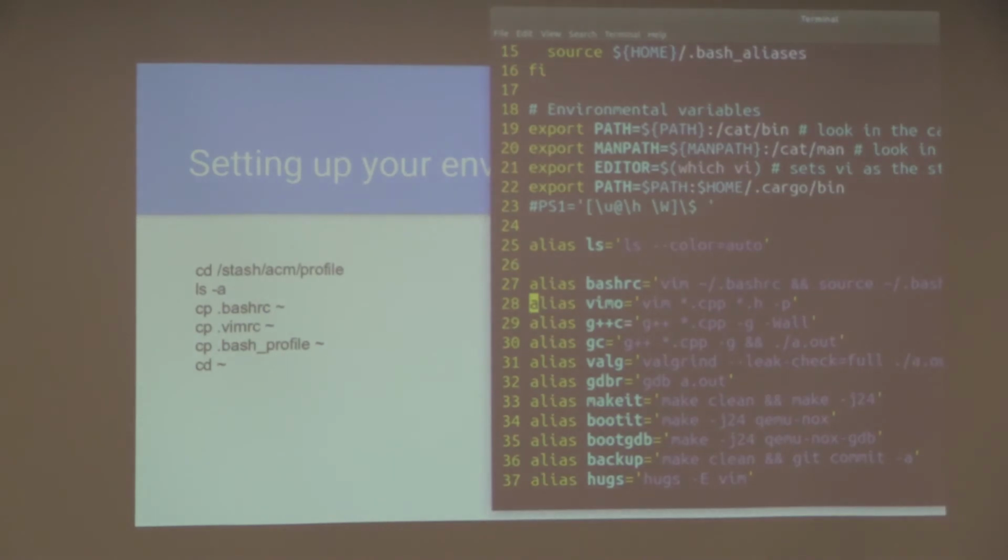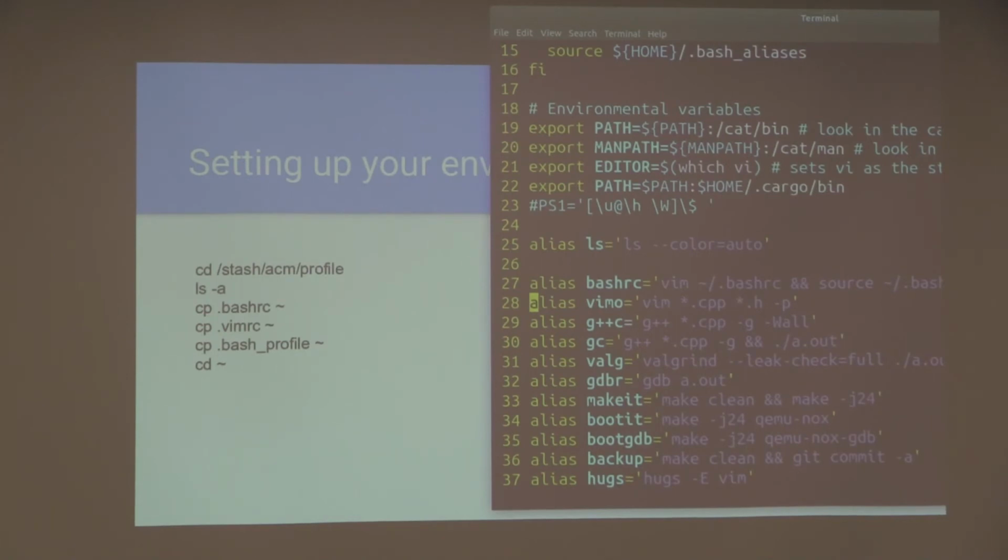Yeah? I'm lost. Okay, so right now we're in the bashrc. And then space. Yep, there we go. Okay, so now go ahead and make a new alias.